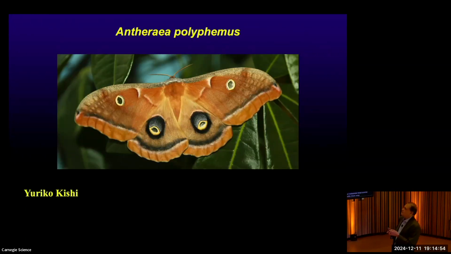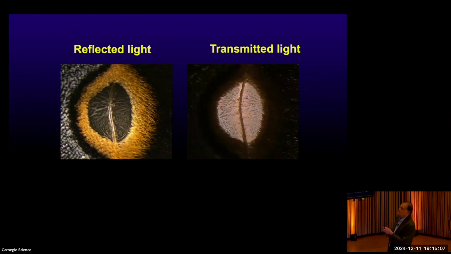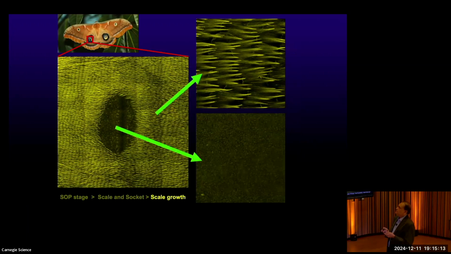One that we've studied is this polyphemus moth, which is, again, a very common North American species. Now, most of the wing has scales, but they have these 2 little eye spot areas that have no scales and are transparent. So you can see through them in those areas. But again, in this case, they actually develop no scales at all. And so you can see that here. This is in the pupal wing, and we've stained for the scales, and you see them growing in this area of the wing. But in that area that's going to be that clear eye spot, they don't have any scales